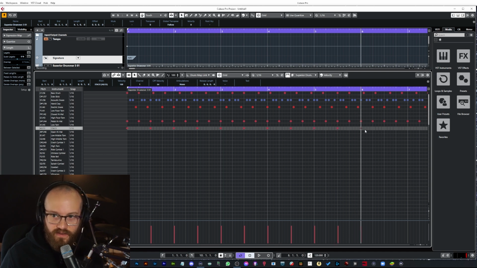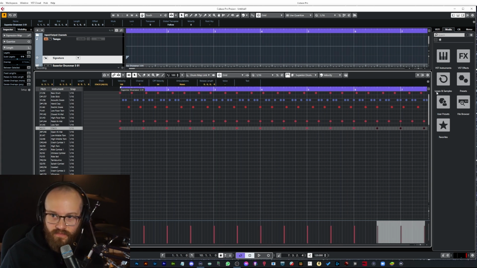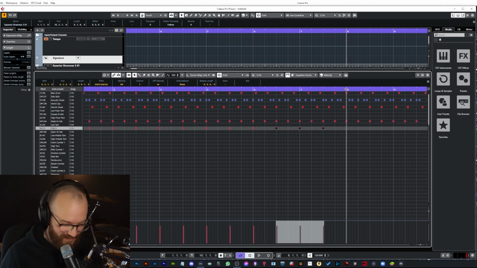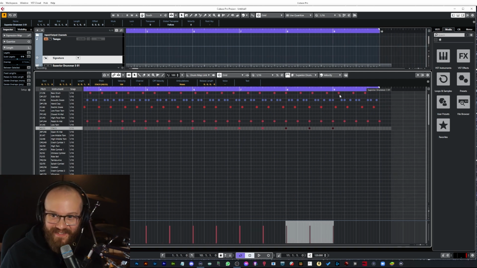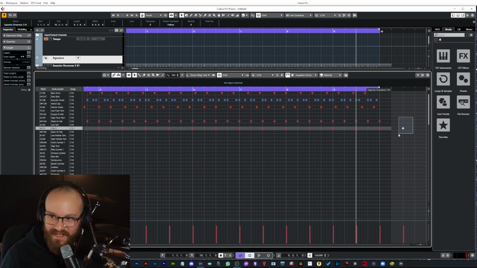I think the ghost note pattern would be a little bit unachievable, although I challenge you to play the ghost note pattern if you like, absolutely challenging yourself. So